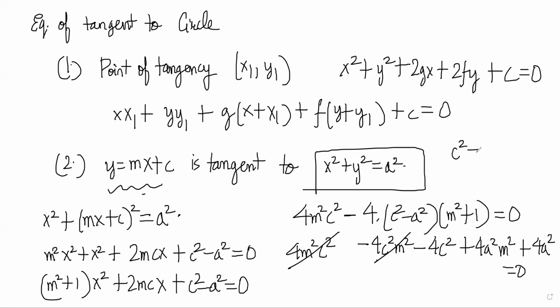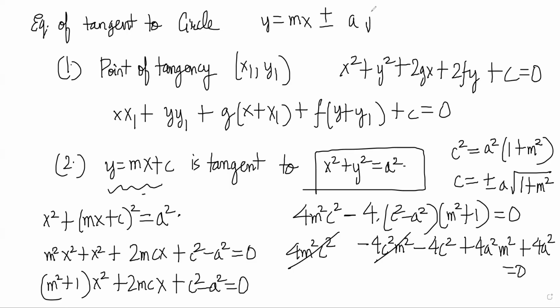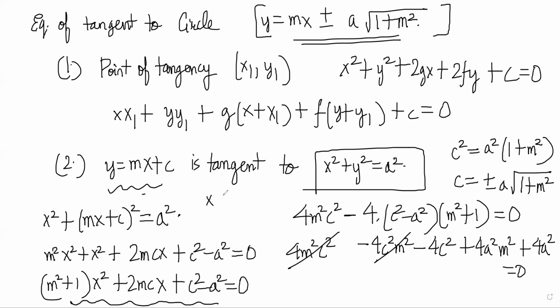So you're getting c square is equal to a square (1 plus m square), right? So c is equal to plus minus a root over (1 plus m square). And therefore, the equation of the tangent becomes y is equal to mx plus minus a root over (1 plus m square), right? That is the equation of the tangent. And you can also find the point of tangency by saying in this quadratic, the x coordinate has to be minus b by 2a. So minus 2mc by